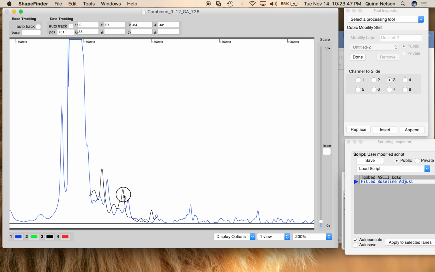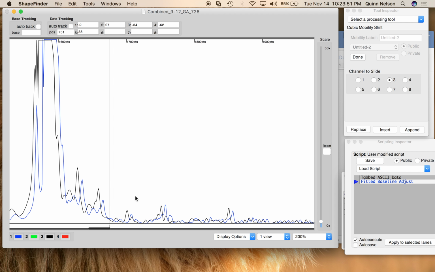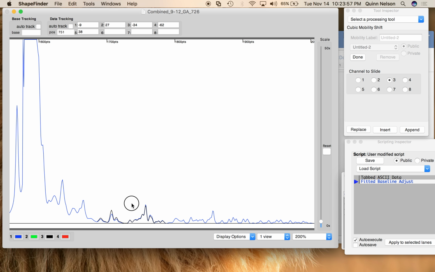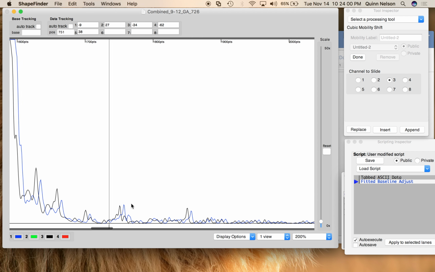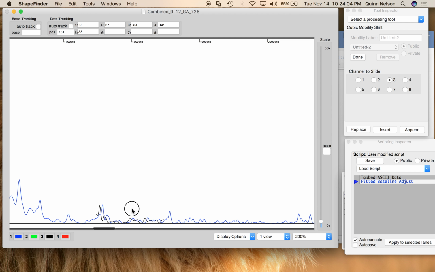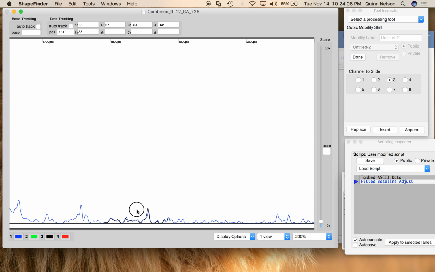Now I'm going to move here, and I'm going to get a little bit further down the electropherogram. I'm going to scroll, and I'm going to keep doing that, and just keep doing that. I'm going to keep recording this entire time while I do this. You can speed it up as much as you want. You can slow it down, but this will give you an idea of how long it takes. It doesn't take too long,